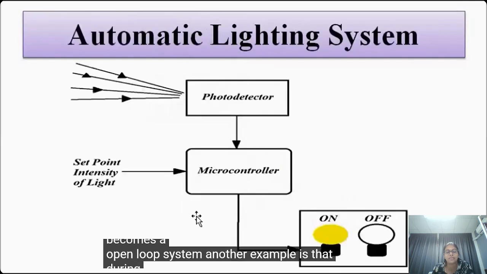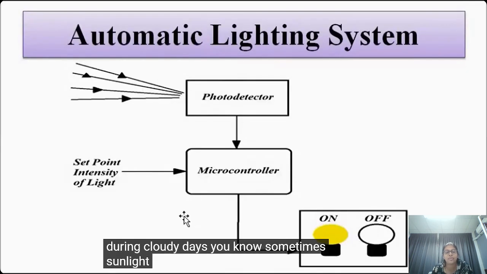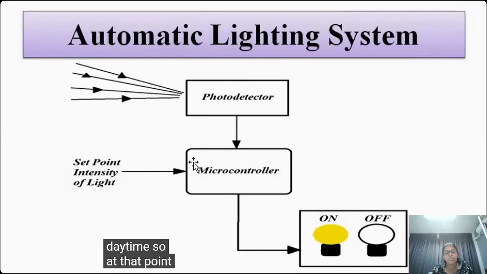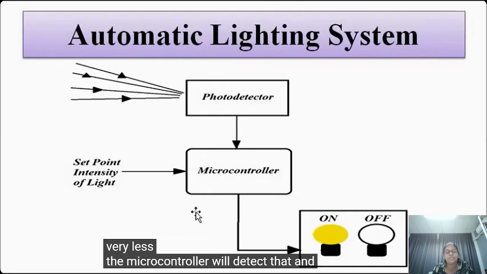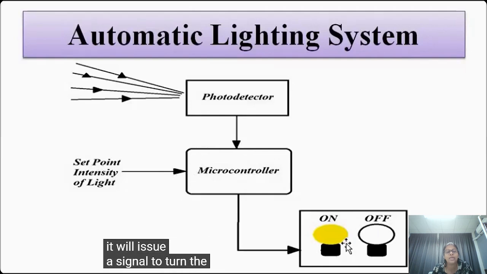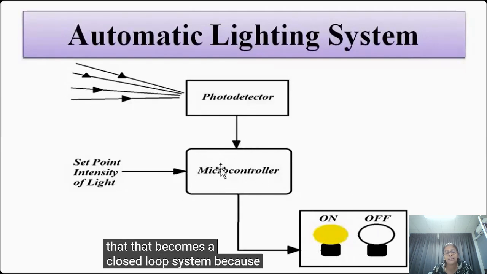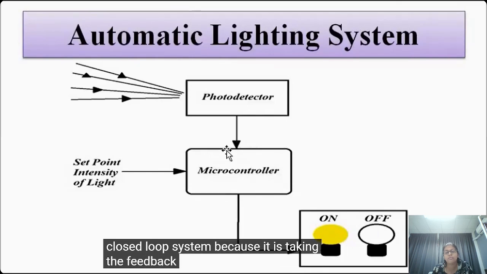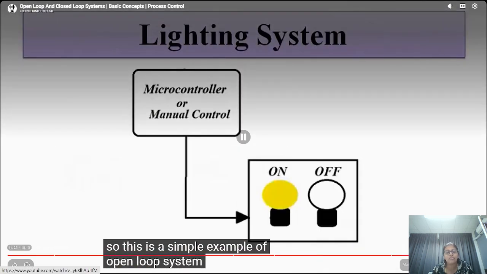Another example is that during cloudy days, sometimes sunlight is very low even during the daytime. At that point, even though it is daytime and the intensity of sunlight is very low, the microcontroller will detect that and issue a signal to turn the light on. That becomes a closed loop system because it is taking the feedback. So this is a simple example of open loop and